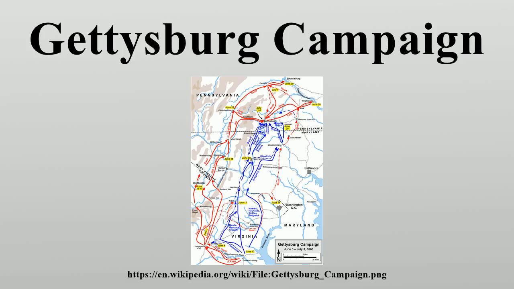The Union Army of the Potomac, commanded by Maj. Gen. Joseph Hooker and then by Maj. Gen. George G. Meade, pursued Lee, defeated him at the Battle of Gettysburg, but allowed him to escape back to Virginia. Lee's army slipped away from Federal contact at Fredericksburg, Virginia, on June 3, 1863.